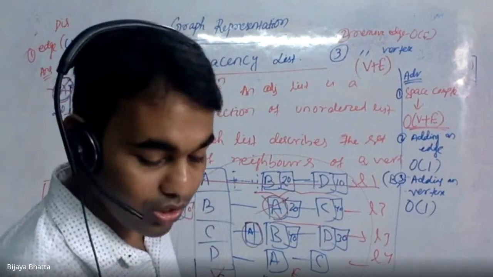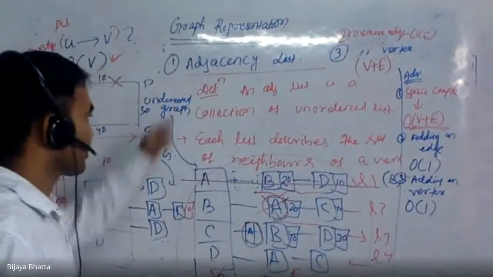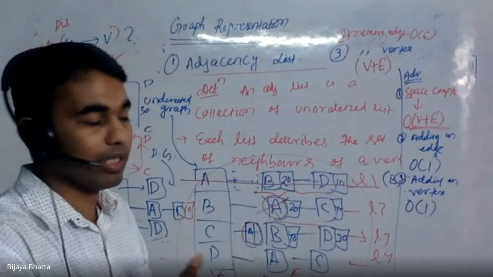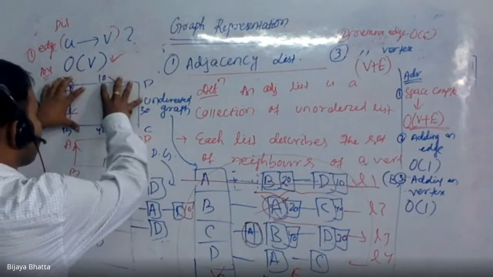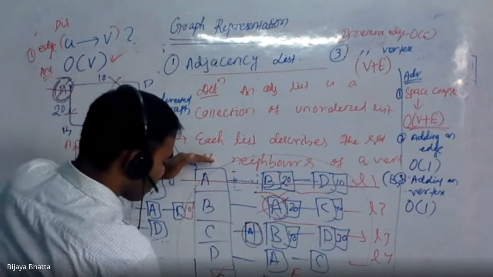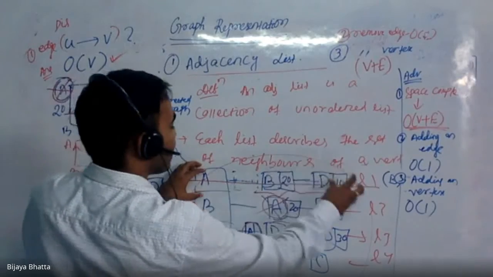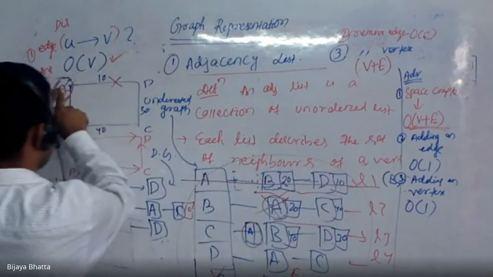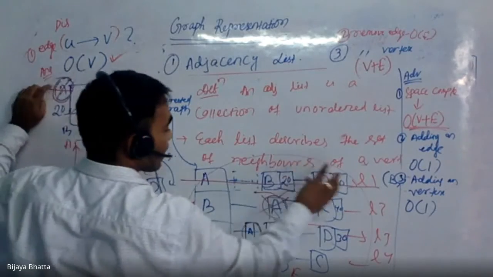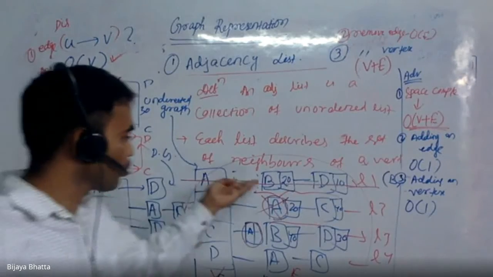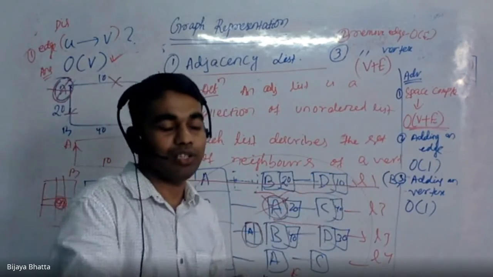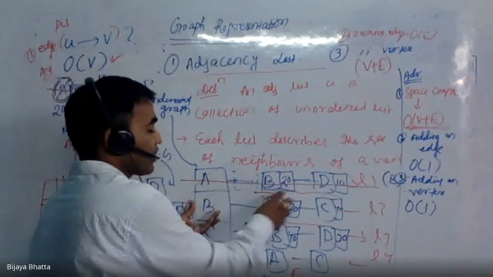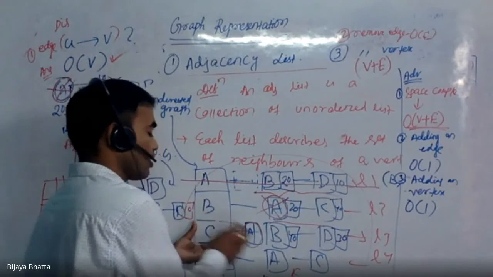Okay, so I'll just pause here and give a quick recap. What does adjacency list mean? It is a list first of all. That means it says who is adjacent to which one. If any graph is given, how can we represent it? We can take all the vertices like this, and create a list of the nodes which are adjacent. Suppose A is connected to D and B, then B and D are going to be in the adjacency list of A. That is why it is known as an adjacency list. Similarly, we can find who all are adjacent to C and keep adding.